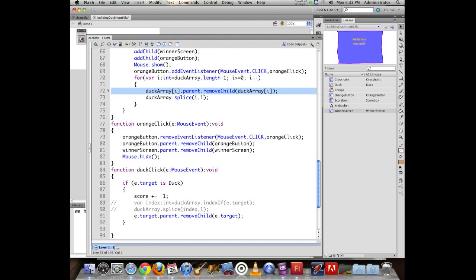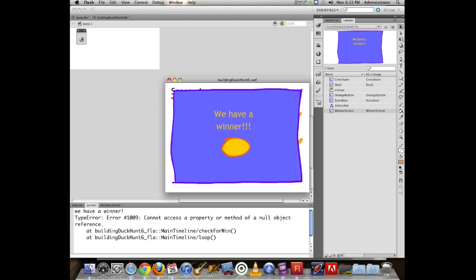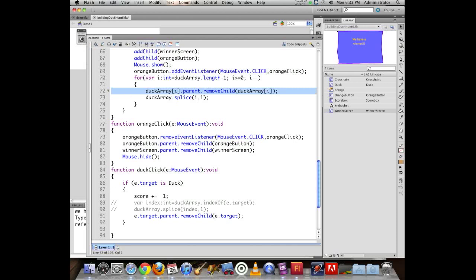So if I leave these lines commented out down there and run it, let's get a few ducks. So this is waiting for me to have 4 clicks, 3, 4. Now it's giving me an error message going, whoa, I can't get rid of those ducks over there because it's trying to remove child objects in the array that have already been removed. So what I needed to do is